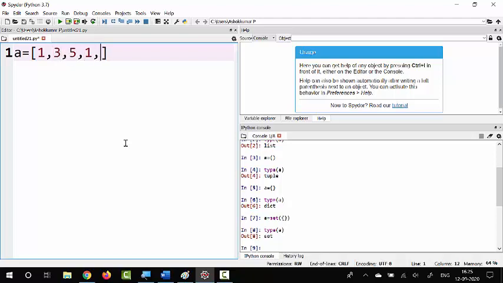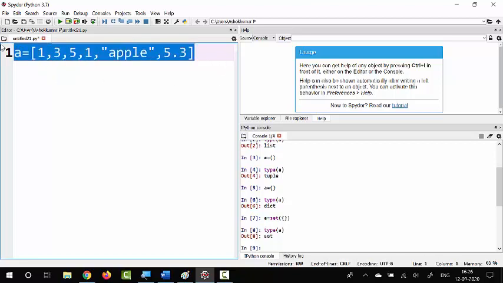So like this. It need not be a number, it can be a string also, it can be a float value. So like this you can mix the data type and you can create a list. In a list all the values should be separated with comma, and you can observe that one is duplicated 2 times. So this is allowed. Okay, so in list we can have duplicate elements.